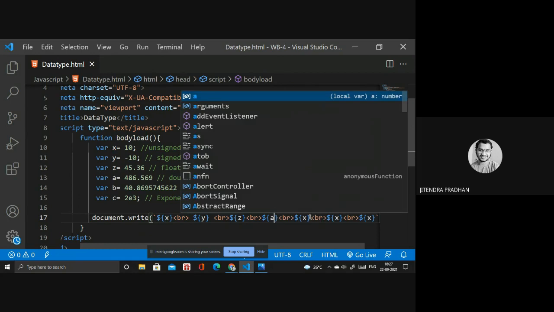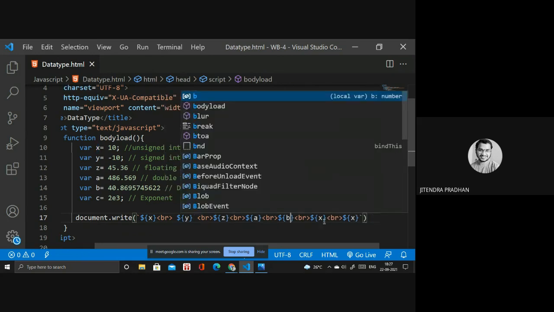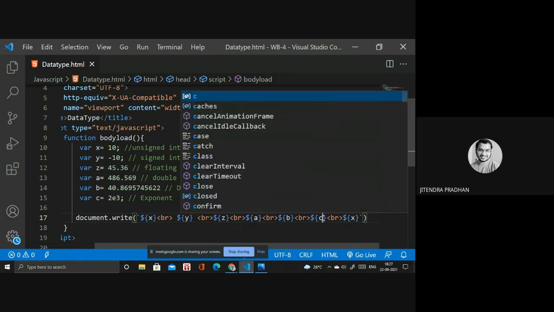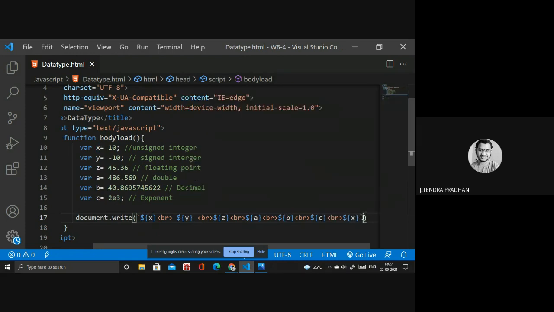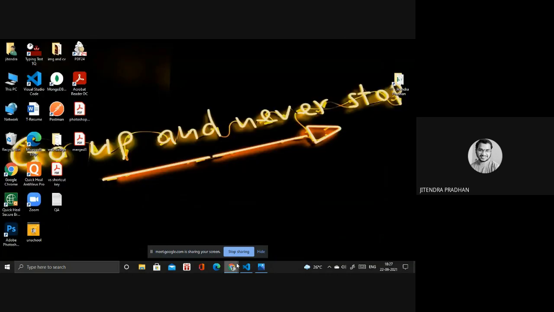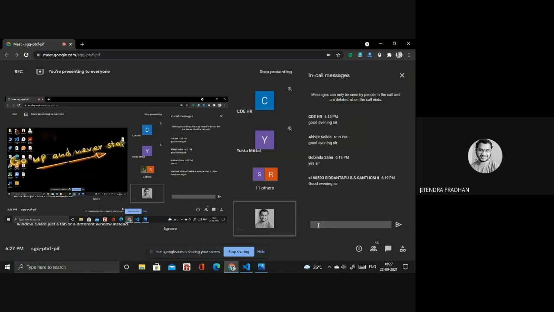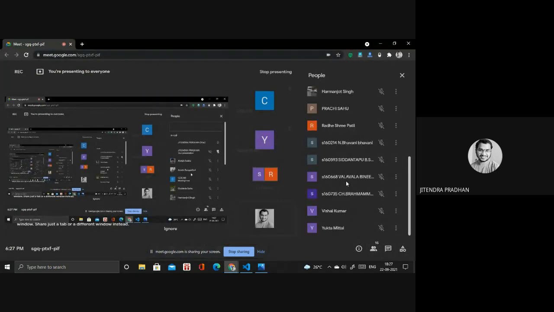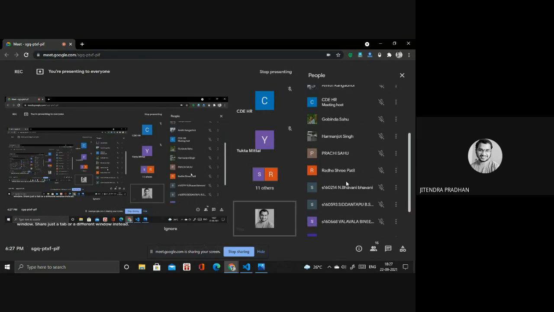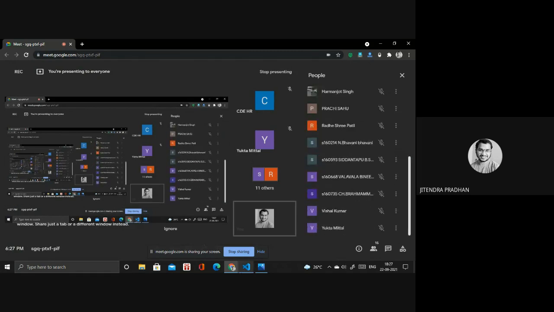Okay, a and b as well as c as well. Okay, c. So I do not need to write anything inside. I will write the backtick. Then if I open the R1 in the live server, let's see what happens. It's opening soon. Okay. Yeah. Let's move.